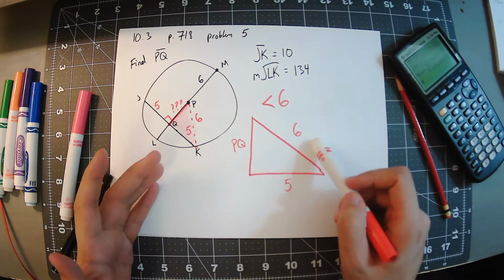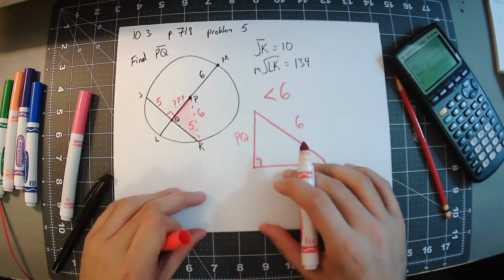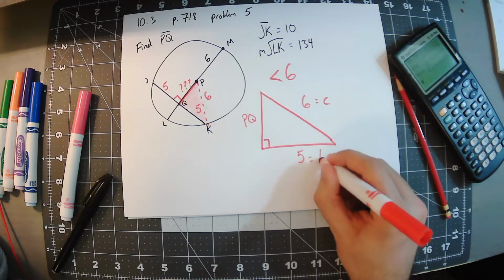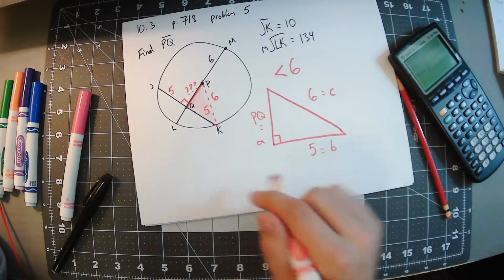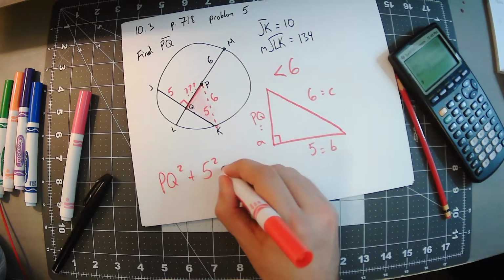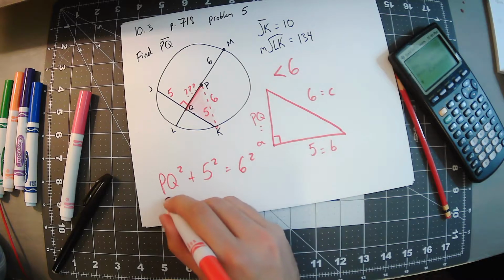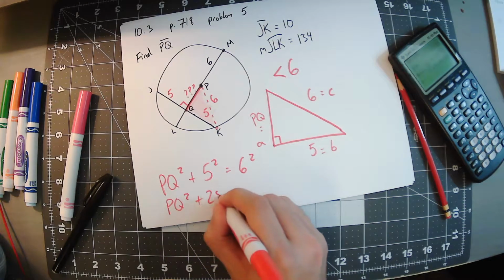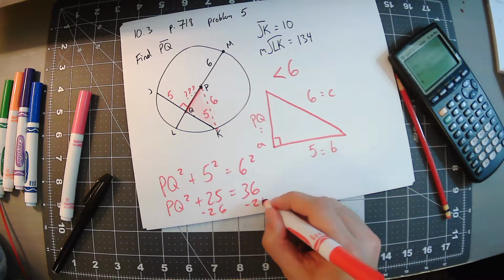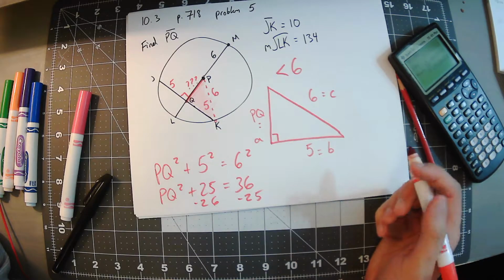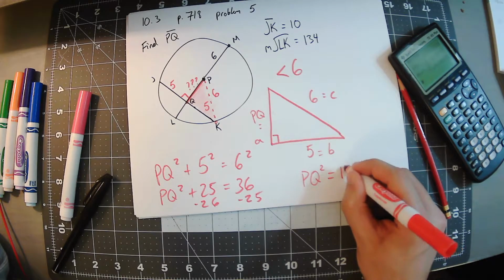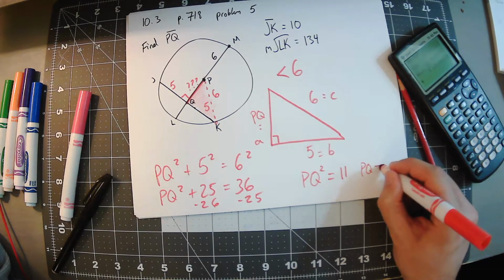And so now all I'm going to do is solve this with the Pythagorean theorem. Make sure you put 6 by itself. This is our C, and these are our A and B. So we want PQ squared plus 5 squared equals 6 squared. What is that? 11. So PQ squared equals 11. PQ equals the square root